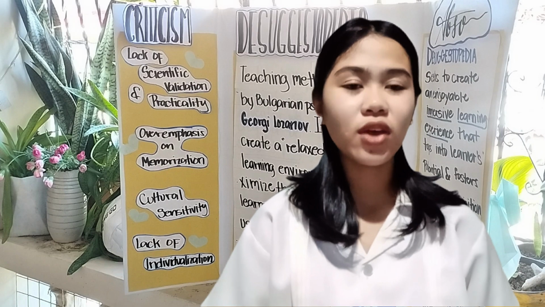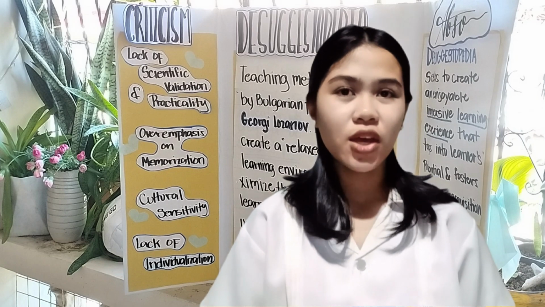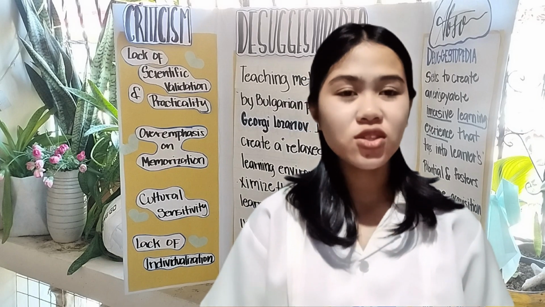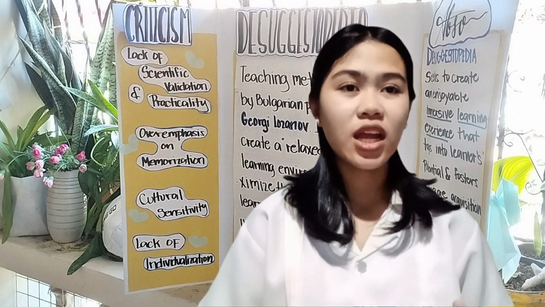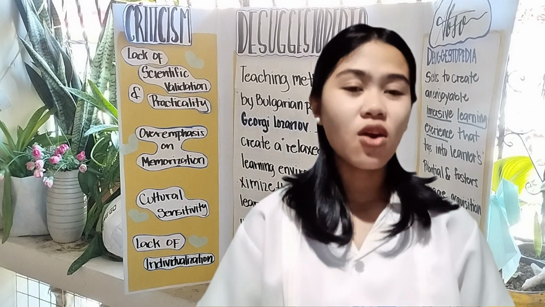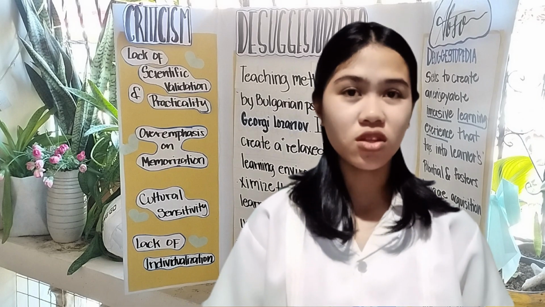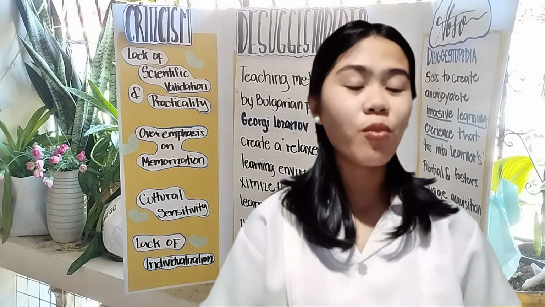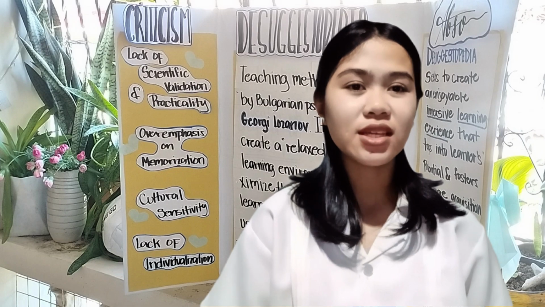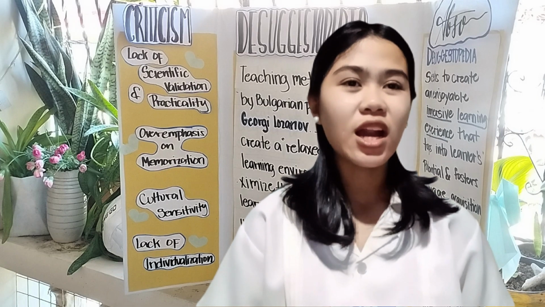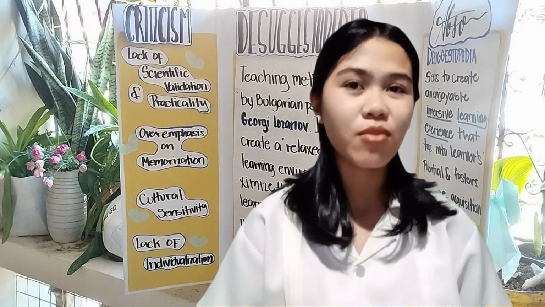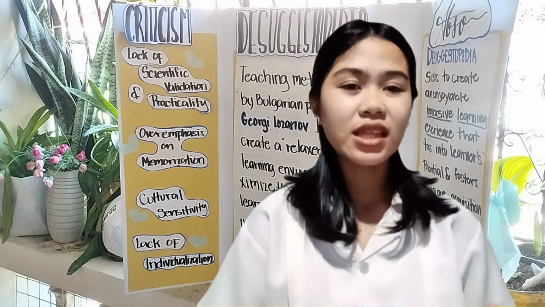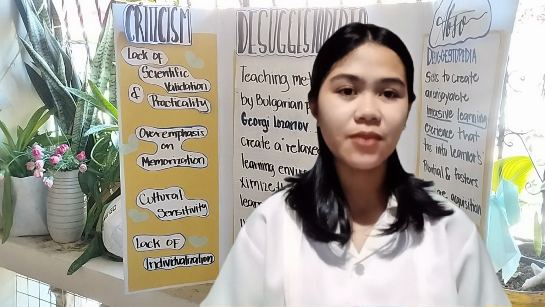So the fourth and last one is lack of individuality. The Desuggestopedia is like a one-size-fits-all approach which overlooks the learning preferences, cognitive styles, or cognitive levels of the children, which may lead na mahihirapan yung mga bata na makapag-cope up doon sa learning process since hindi nga yun yung preferred learning styles and meron silang iba-ibang cognitive levels, and they may not learn the same way or at the same pace.